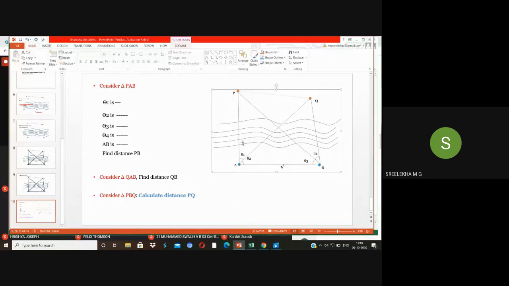Okay. Then turn the telescope. What is the swing here? Right face, left swing. That means it will be anti-clockwise direction you will have to go. Okay. So when you are swinging in this direction, you will be first of all meeting the point B, then sight the point Q, and then finally close the point P.